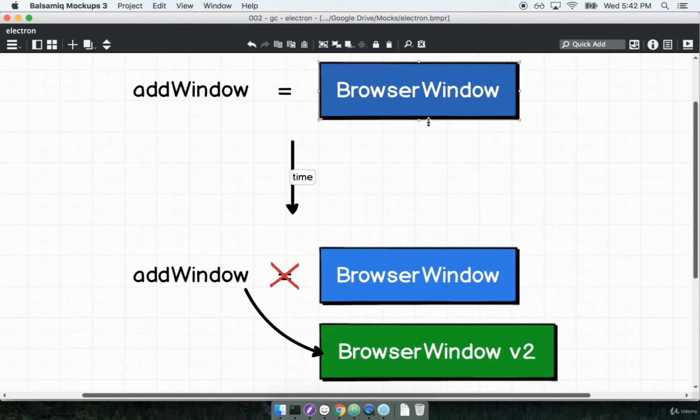object was occupying. To make sure that we actually reclaim that memory, to make sure that we actually clean up after ourselves, we need to look back at the addWindow variable right here and just make it point at some other value. Just by saying, hey, addWindow, don't look at the browser window anymore. Don't look at this thing. Just look at something else. Point at some other value. Just by doing that, we allow JavaScript to automatically go back and garbage collect the browser window instance that we